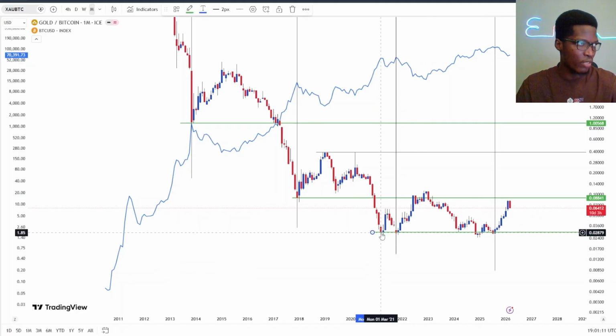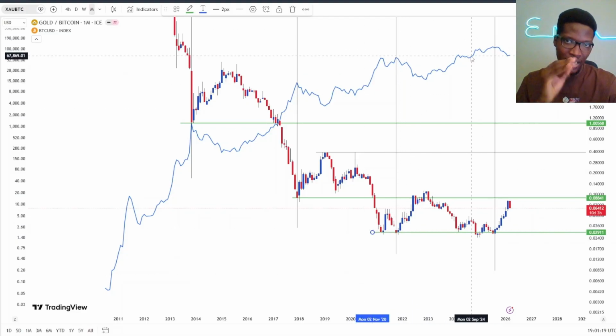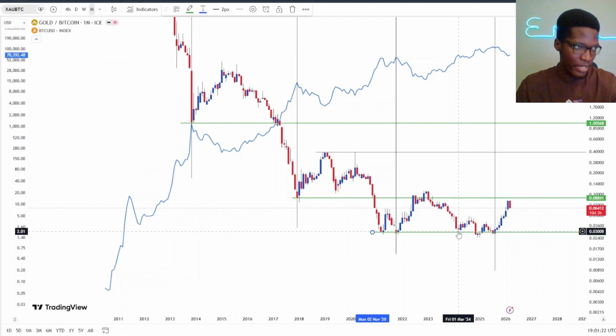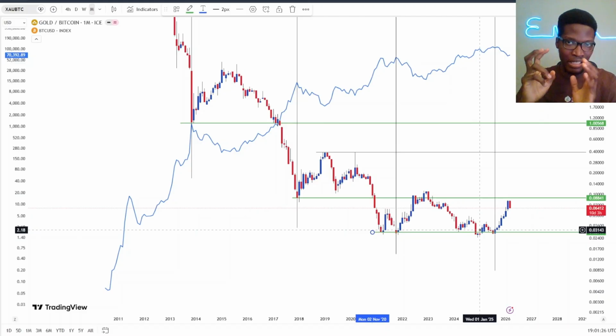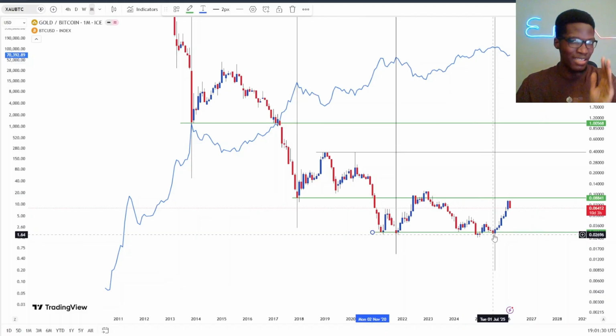We break over here the previous cycle first peak, the actual peak for 2021 here. We came to stop over here. This bull cycle in this market as well, we came to stop here. And entering our supposed peak in October, we are here. So this alone should give you the idea that this is a major confluence zone which will put gold BTC higher, in turn making Bitcoin USD fall.